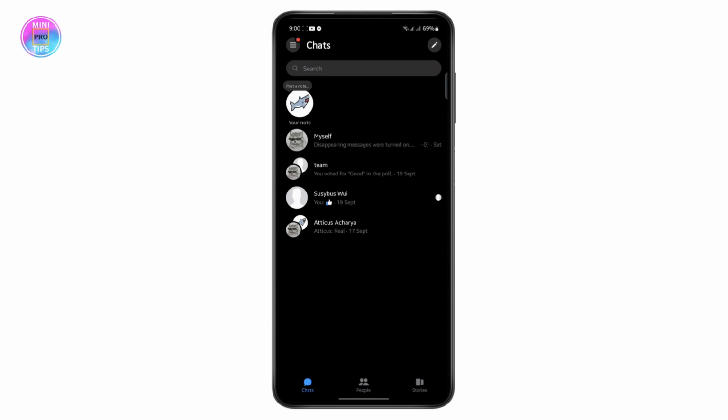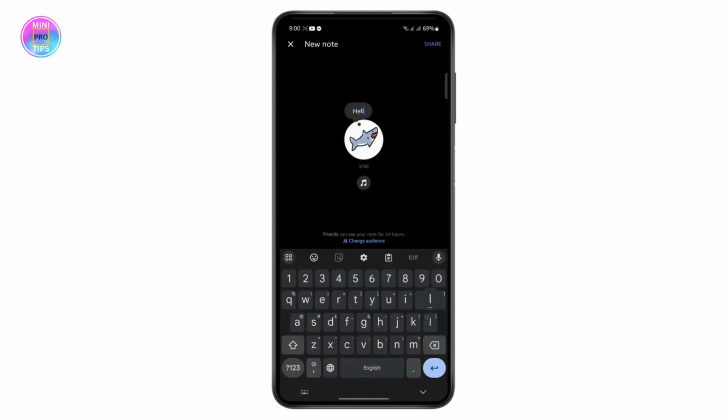First, open your Messenger app, and once you are on your home screen, you should see your note section at the top. But if you don't see it, then that means your app is not up to date. So just head over to your Play Store and make sure that you update your app before you do anything. Once your app is updated, you can just tap on post a note and write whatever you want here and